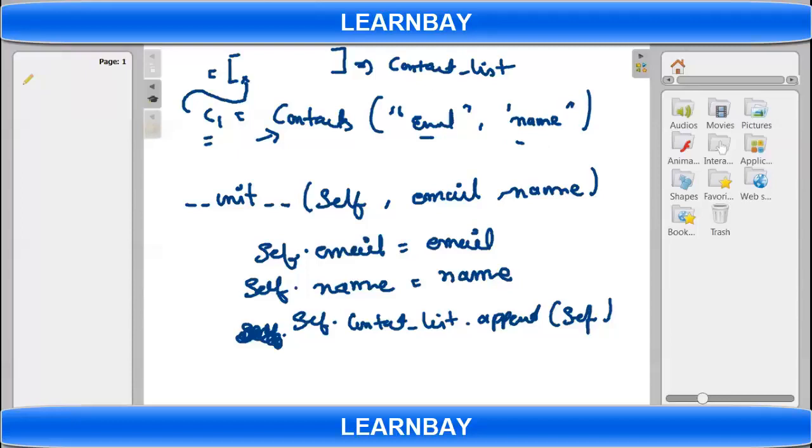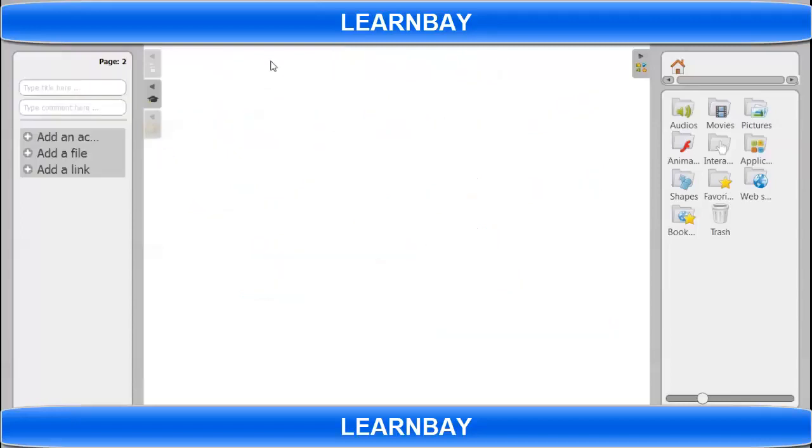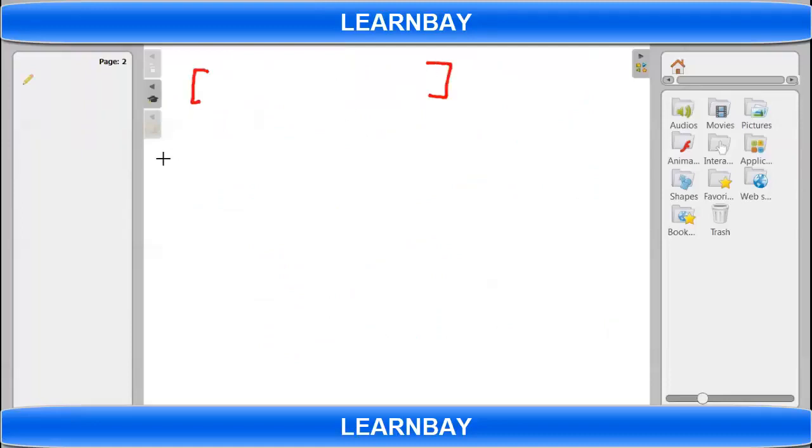So in terms of memory layout, you will be having one list, and when you write C1 equals contact with all the info, constructor will create a C1 object, and it will be having two fields.